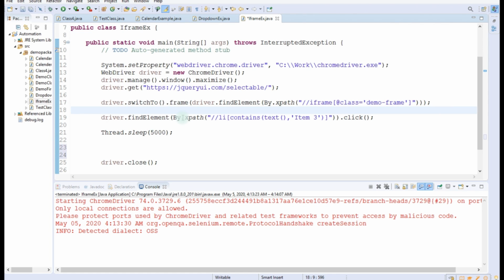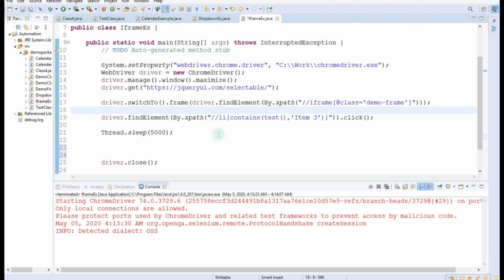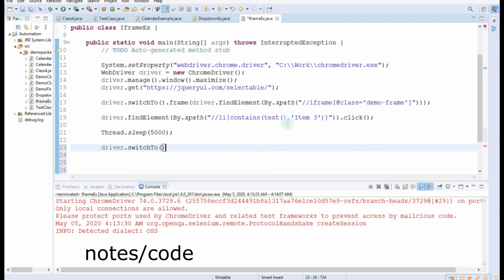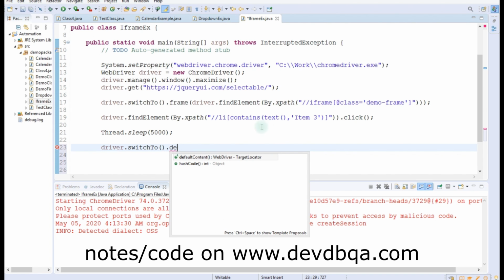So one thing that we have to take care of is that after performing all the actions that are required on that iframe, we have to switch back to the original control. For switching back to the original control on the website or the web page, we have to write driver.switchTo().defaultContent().